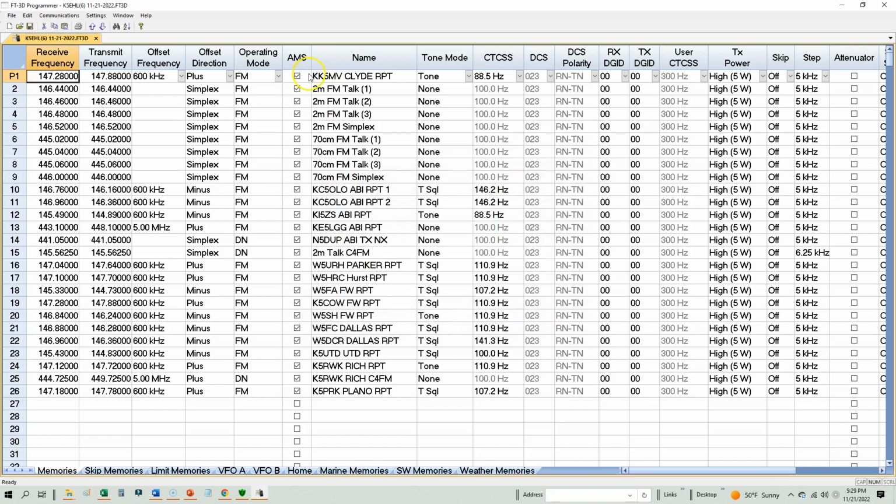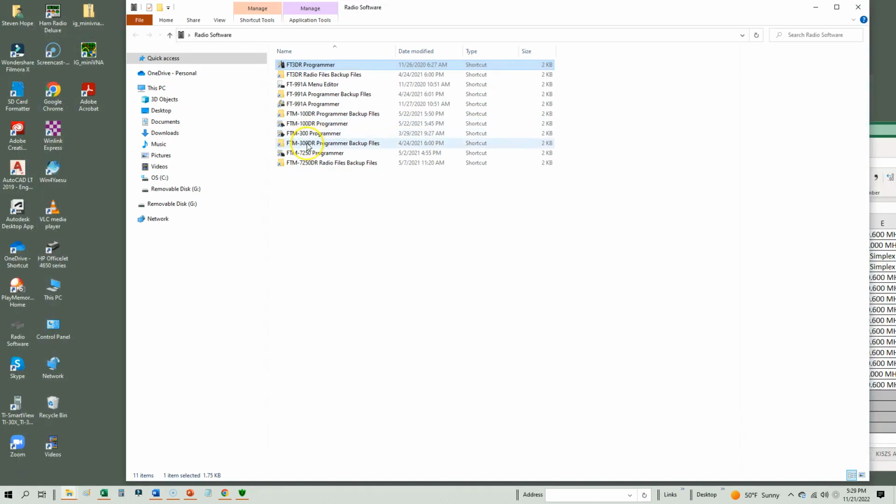I need to go back and fix this. I think this program accidentally changes them all to AMS when it's not supposed to. The only ones I want AMS are going to be the C4FM. The rest of these we're going to deselect them because I don't want the AMS turned on. All right, there we go. That looks good. Perfect. Now let's do the